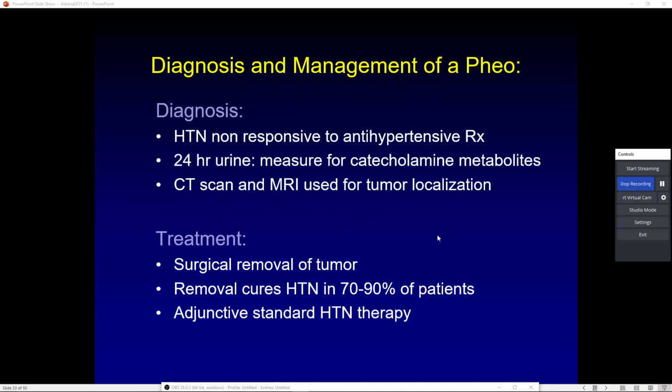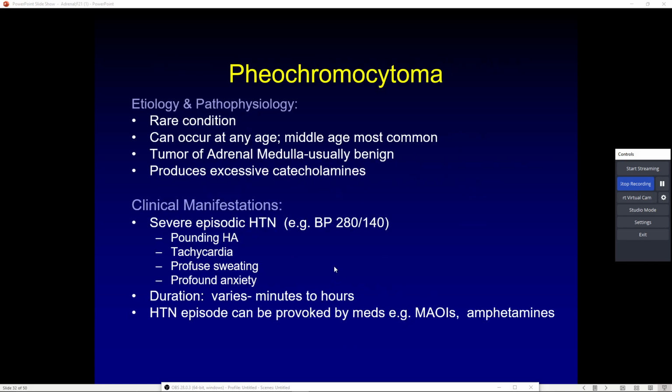What do we do? Well, first we got to diagnose it. Okay, you're going to come in. Check this out. This is fun. You're going to come in. I'm going to see it. And this is how it usually goes. I'm going to hit you with 10 milligrams, if you're coming with a blood pressure of 280.